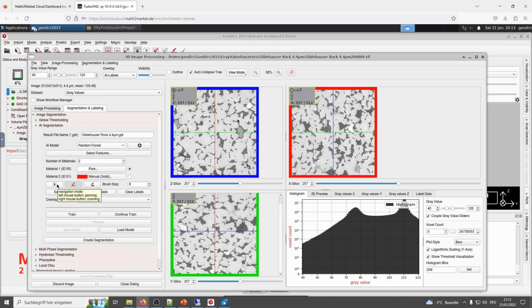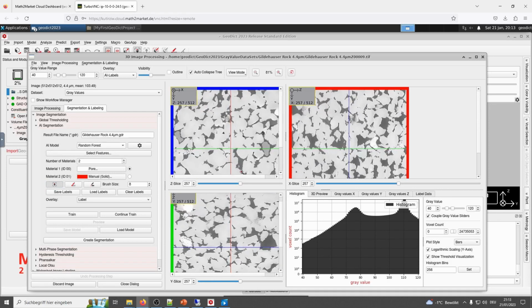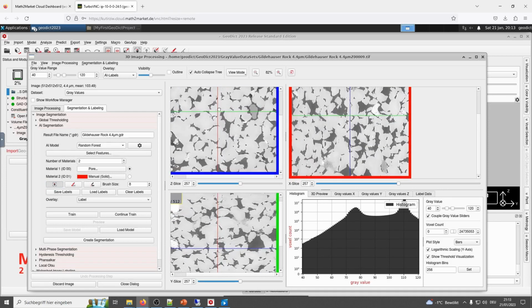To have more accuracy, change to the navigation mode, zoom in, select painting mode again, and paint some pore space here, for example, here, and here.